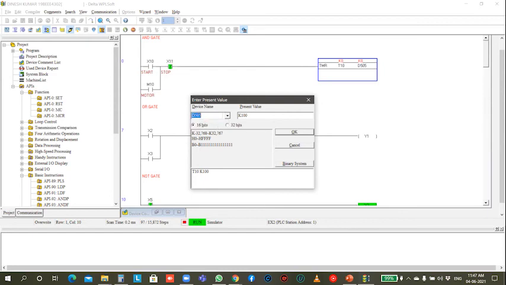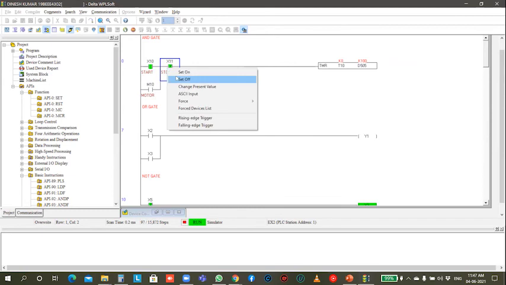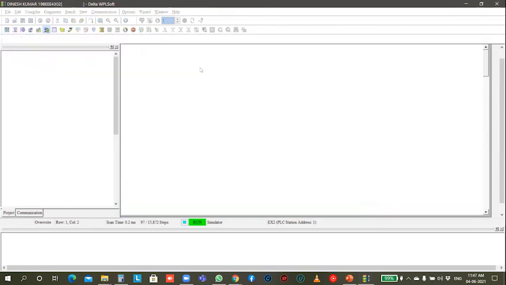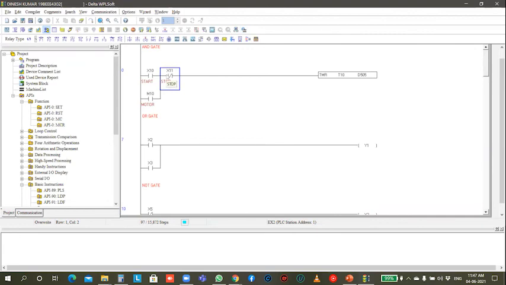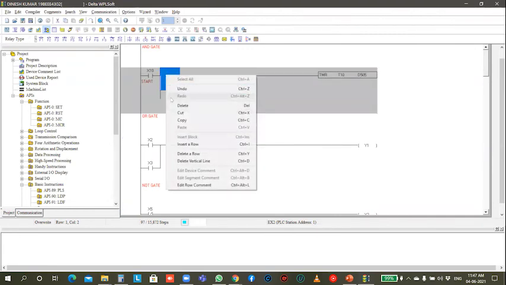Sorry, D500. D500 means 10 seconds. You put 100 for the 10 seconds. We switch on this device. This button is going to switch off. I can't use the latch function for the timers.